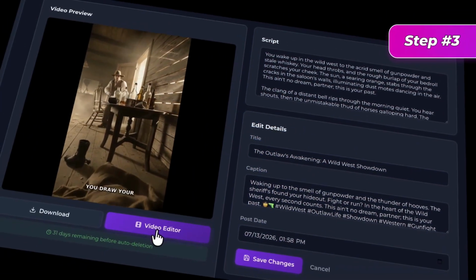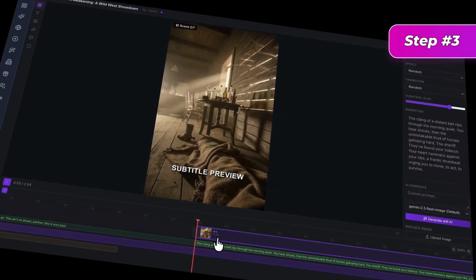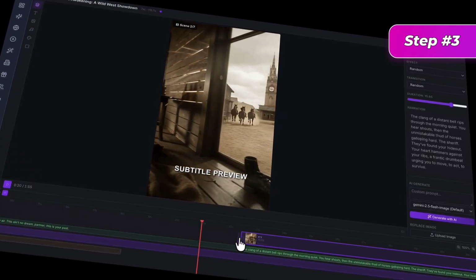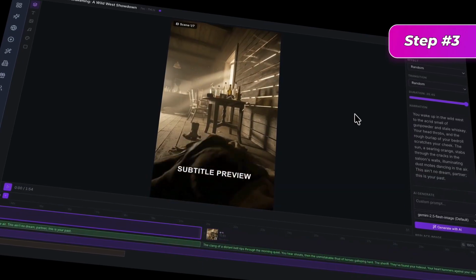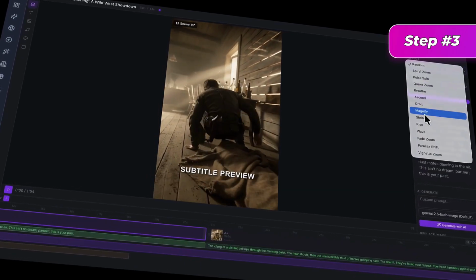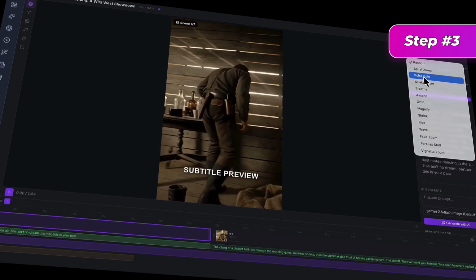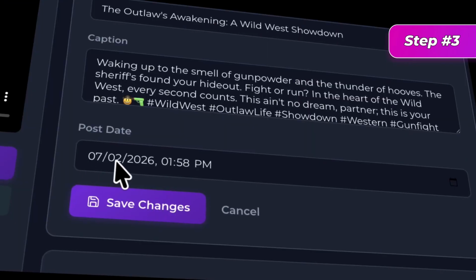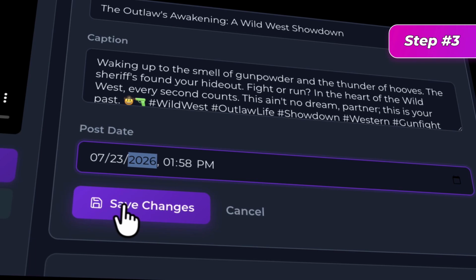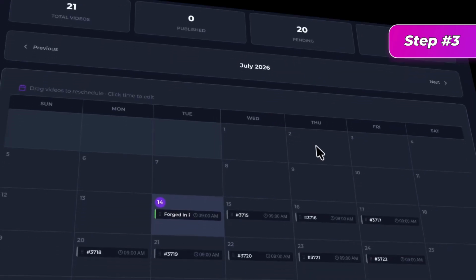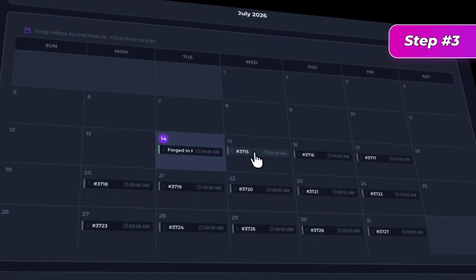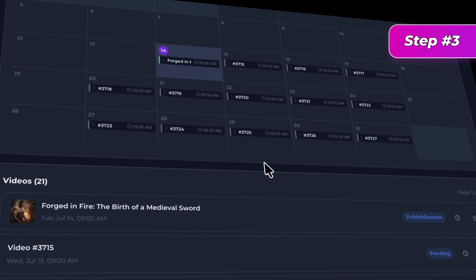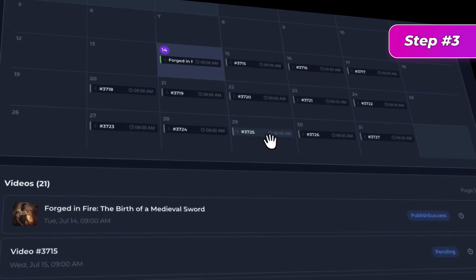Now, preview your video and leverage the upgraded drag and drop timeline editor if desired to make changes. Edit scripts, trim scenes, add transitions, effects, background music, custom assets, and more to make the video visually stunning. Schedule your videos individually, or with automatic mode, MagicFlixAI 2.0's built-in content calendar will post your videos according to a schedule, growing your channel for you on autopilot.